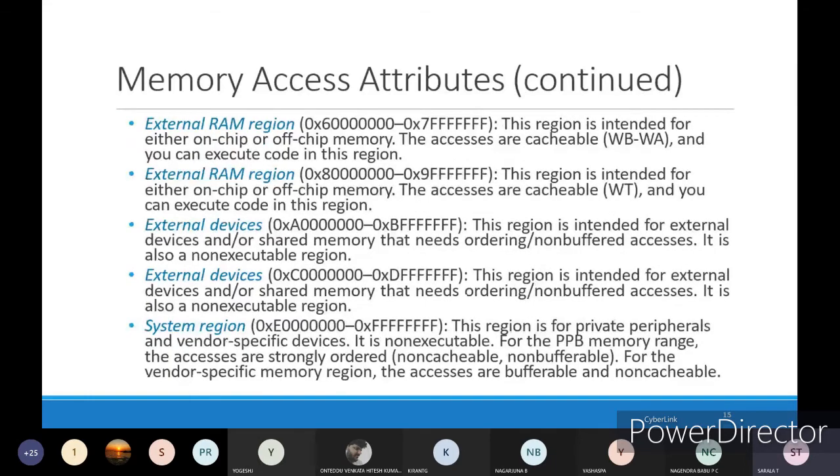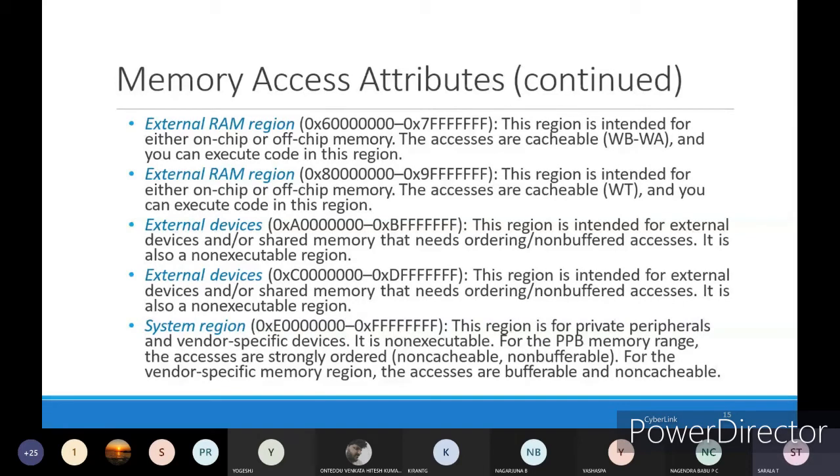Okay, the external RAM region. You have two parts of the external RAM region, and you can see that the first is from 60000 to 7FFF. This region is intended for either on-chip or off-chip memory. On-chip memory can be stored in external RAM, or off-chip memory can be taken as external RAM.